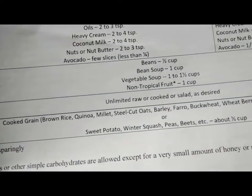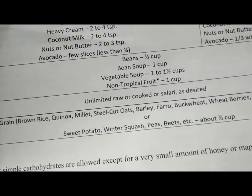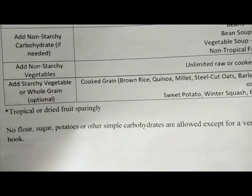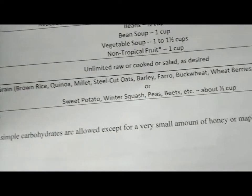But these are the grains or the starchy vegetables that Dr. Ludwig advises that you stick to during the weight loss phase, and you know, just try to avoid the really sugary fruits. No flour, sugar, potatoes, or other simple carbohydrates allowed, except for a very small amount of honey or maple syrup,